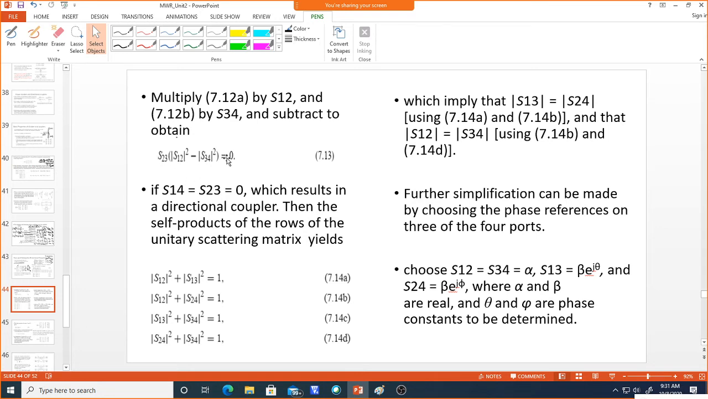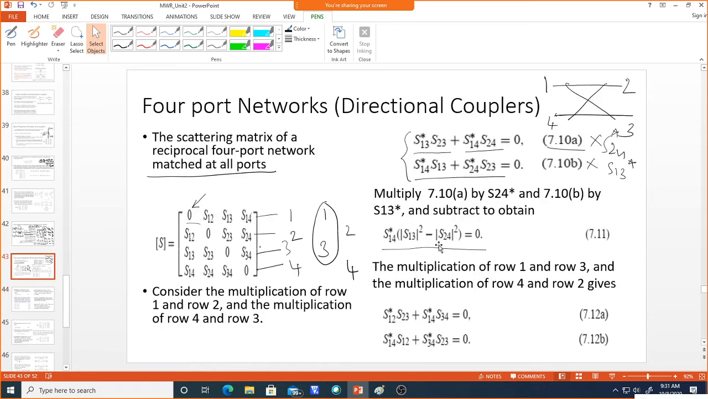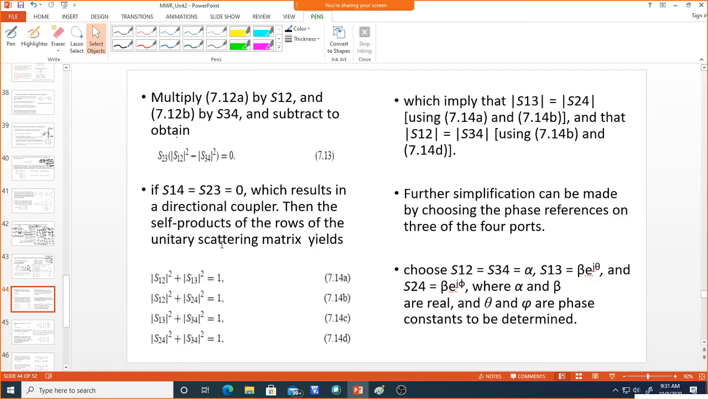So now if I equate that, both the conditions S14 and S23 will become 0, which results in a directional coupler. That is, S12 will become equal to S34, and the same condition we will get, that is S13 will be equal to S24. Okay, so then the self product of rows of the unitary scattering matrix yields...